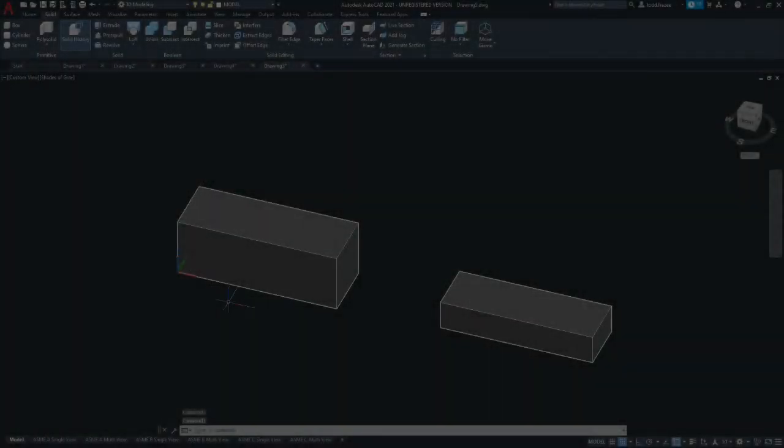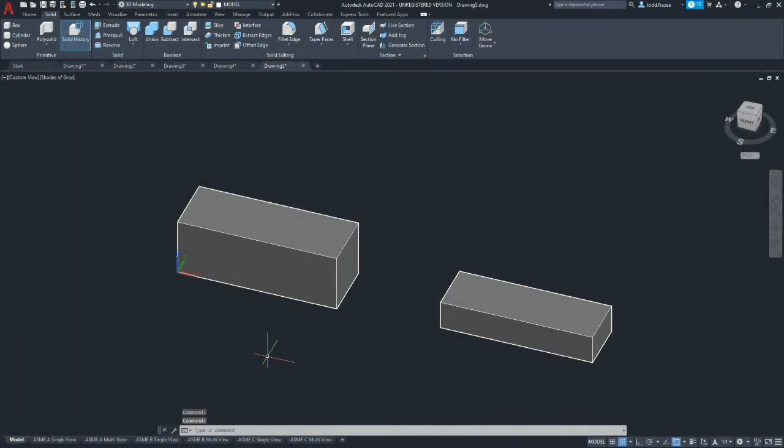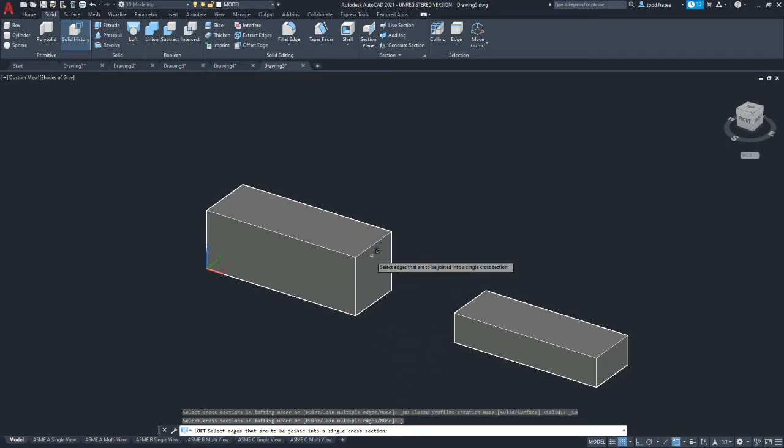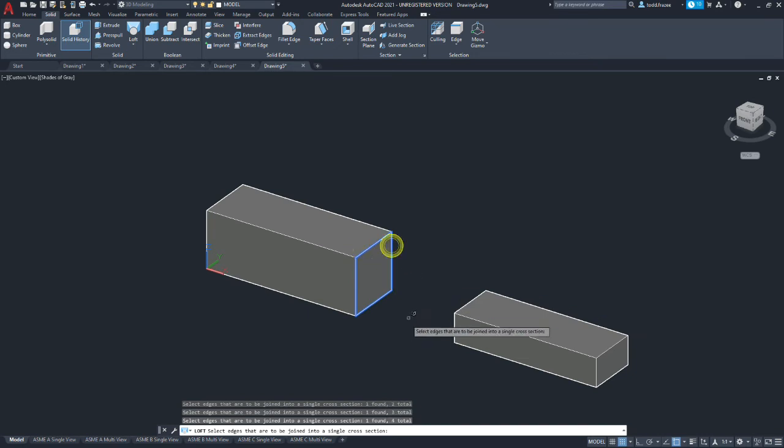Now we're going to move on to lofting between two existing bodies. So we have two bricks that look similar to what's in the textbook, and we're going to select loft. And we're going to use join, and we're going to select our edges that will make up the first section.